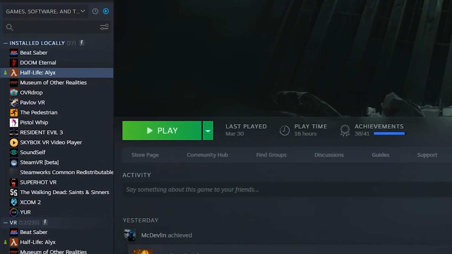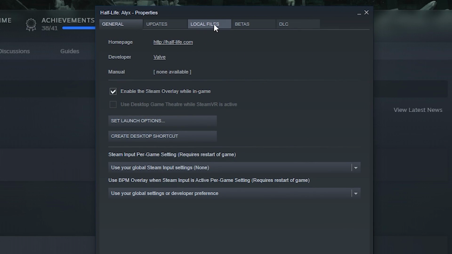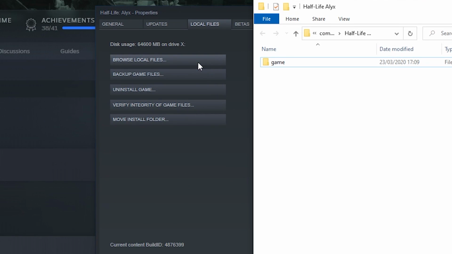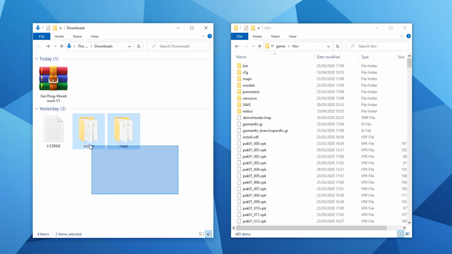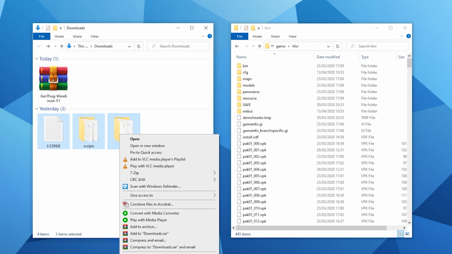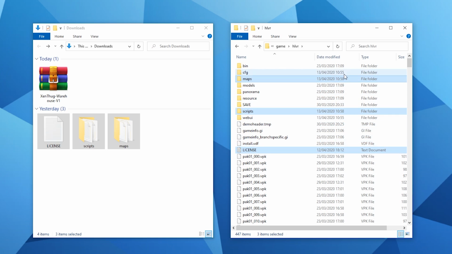You can easily find this out by going into your Steam library, right-clicking on Life Alyx, select Properties, and clicking on the Local Files tab, and then Browse Local Files. And this is your installation folder. Then simply navigate into the folders named Game and HLVR. Now copy the extracted files from the Xen Thug zip file and paste them into the HLVR folder, and installation